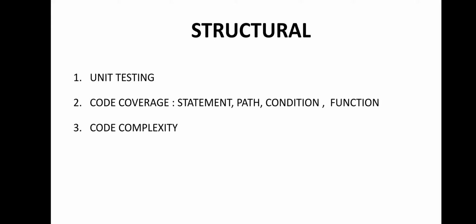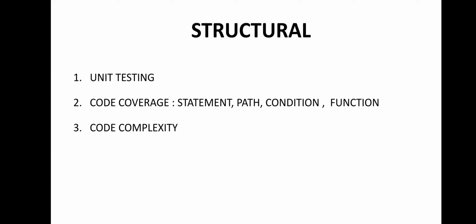Now let us talk about code complexity testing. As we know, in previous sections we saw the different types of coverage that can be provided to test the programs. So there are some questions. The first question: which of the paths are independent? If two paths are not independent, then we may be able to minimize the number of tests. One more question: is there an upper bound on the number of tests that must be run to ensure that all statements have been executed at least once? You can consider these two questions in your mind.